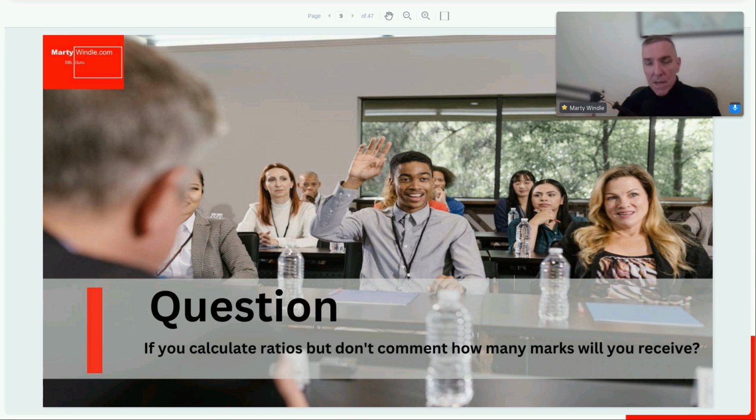If you calculate something in the examination, you calculate a ratio and you don't comment, you will not get any marks for that calculation. You only get marks if the calculation is followed by commentary. Whenever you're doing a calculation in the exam, think about what the numbers mean. Is it strong? Is it weak? Is it a problem for the company? What problem does it demonstrate? Any number you calculate must be followed by words afterwards. You're not going to get any marks for calculating numbers purely in your answer.